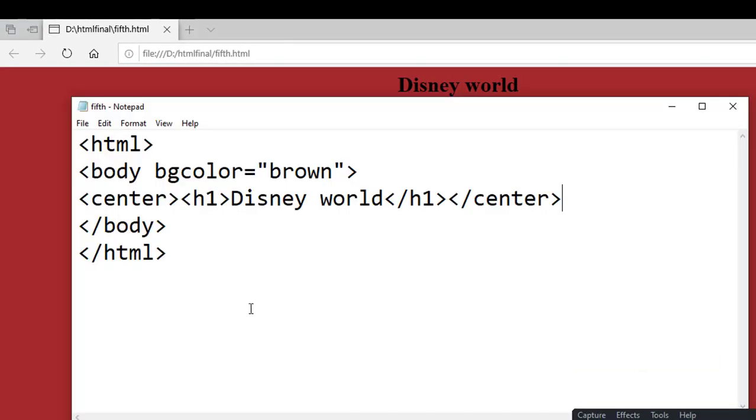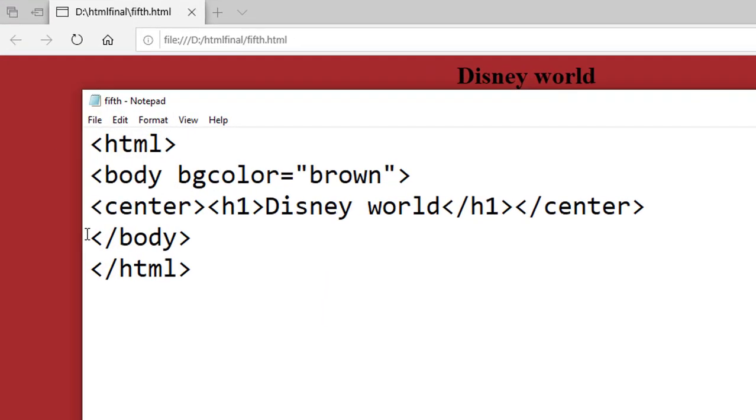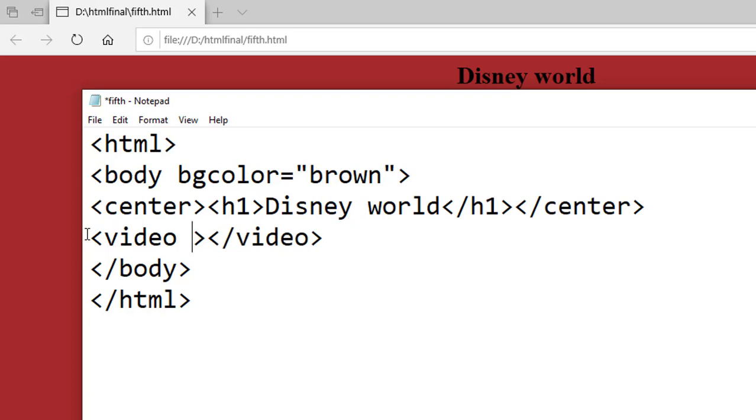So to upload the video, the video tag is open and the video tag is closed. To upload any video, firstly we have to save that video in our current folder, or otherwise you have to pass the path where your video is saved.